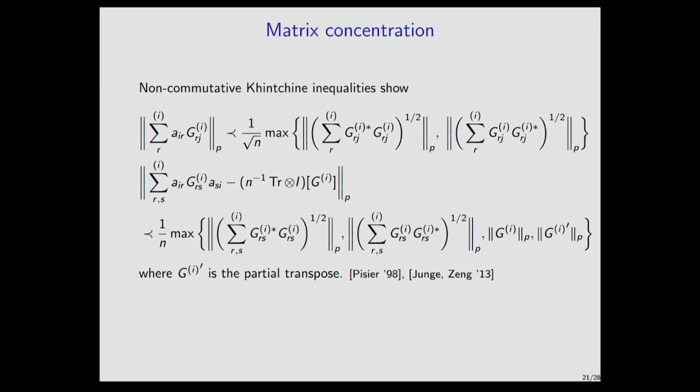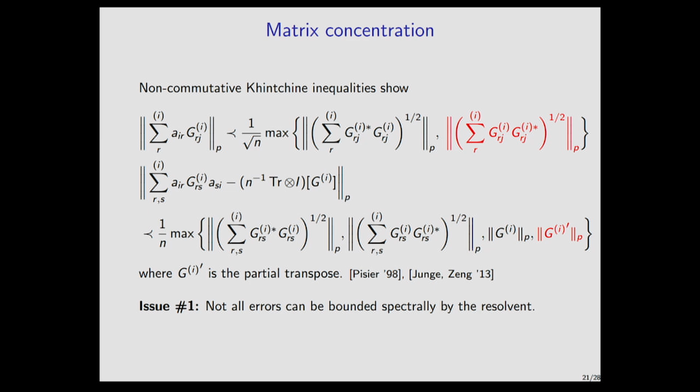And then if you iterate this on itself for the quadratic form, you can get a bound in terms of these two matrix variance looking kinds of parameters, the p-norm of G, the resolvent itself, and then this p-norm of this partial transpose of the resolvent. So what I mean by partial transpose is the matrix where in this m by n block structure, I swap the blocks, I transpose the blocks, but I don't take a transpose or adjoint within each block. Okay? And statements of these inequalities in the Khinchin case with Rademacher random variables you can find, for example, in a monograph of Pisier in '98.